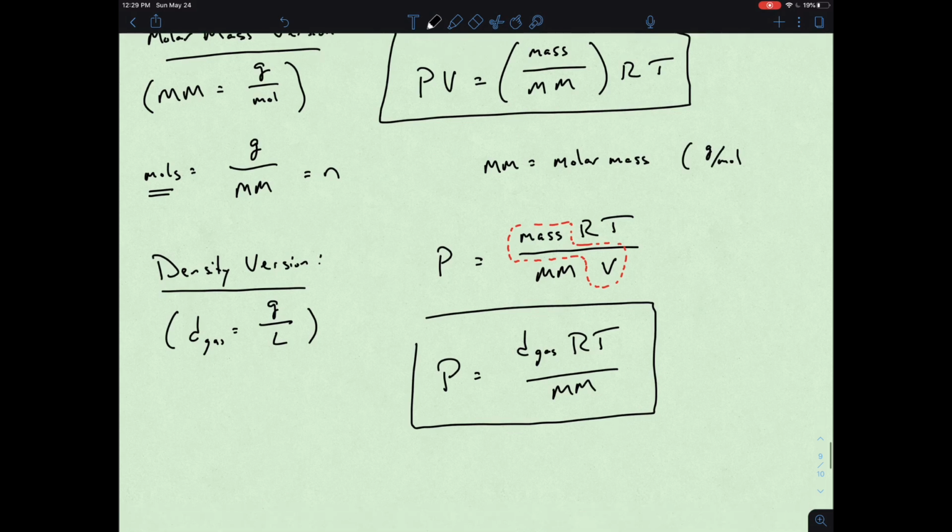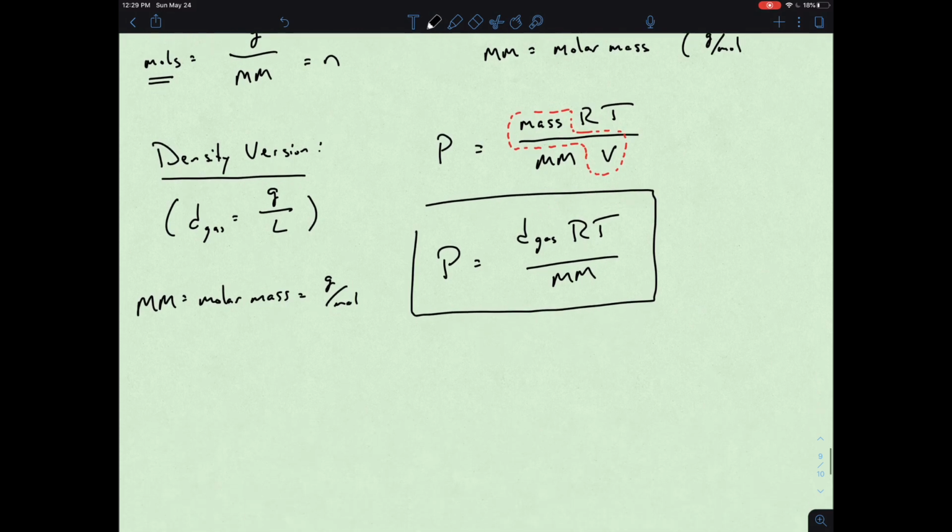Right, just so that we're aware and make sure we're not getting confused what MM is. So there's just a couple different varieties of the ideal gas law, but to be honest, we can just use the ideal gas law and do separate conversions within a question, or we could use these particular shortcuts. So let's look at an example of the ideal gas law. Start simple